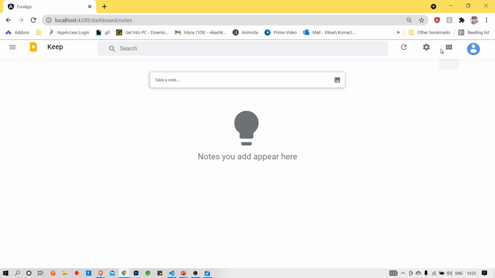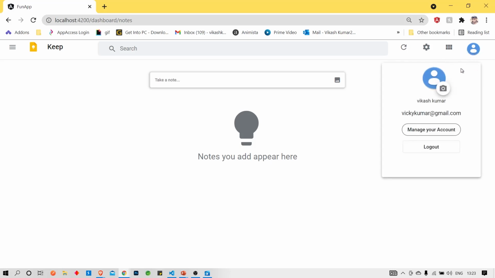And this is like a grid view. This feature I will also show you after creating multiple notes, because this is something like a grid or list view. If we click on the list, it will convert into the list, but here there is no note, so we can't see it, right? So we need to create notes.